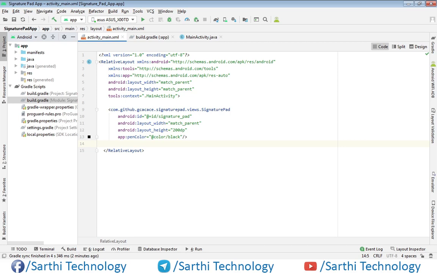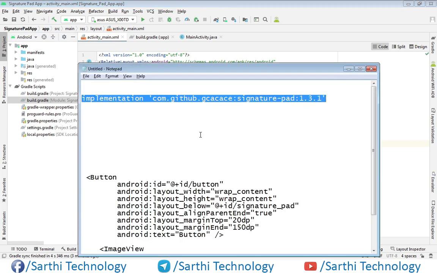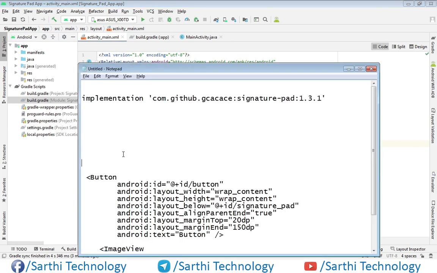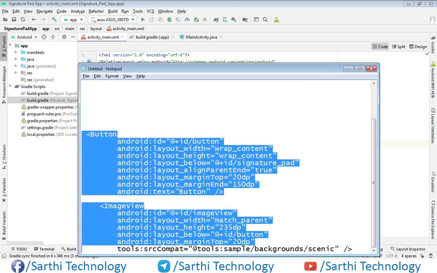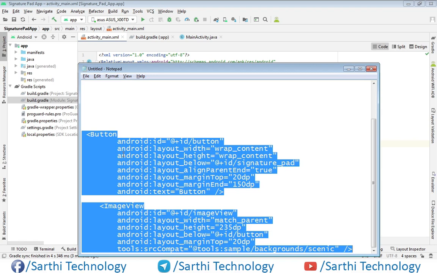To save your time, I have already copied the code here in this notepad, so you can just copy this. Actually you don't have access to this notepad, so you can just pause this video and see the code here.